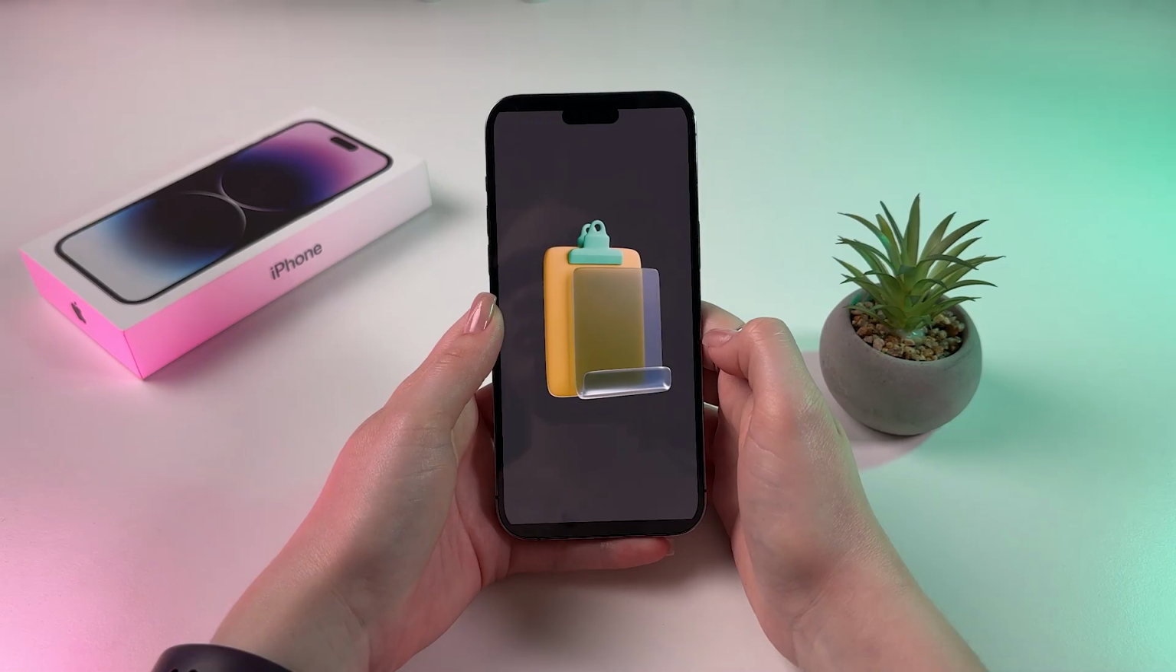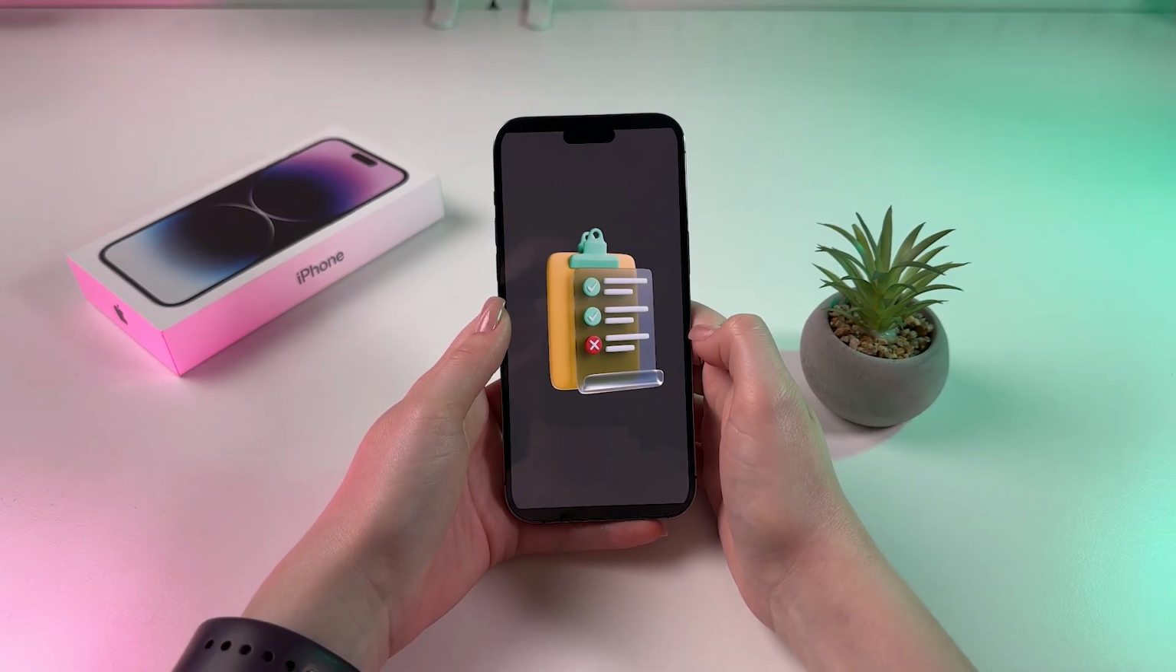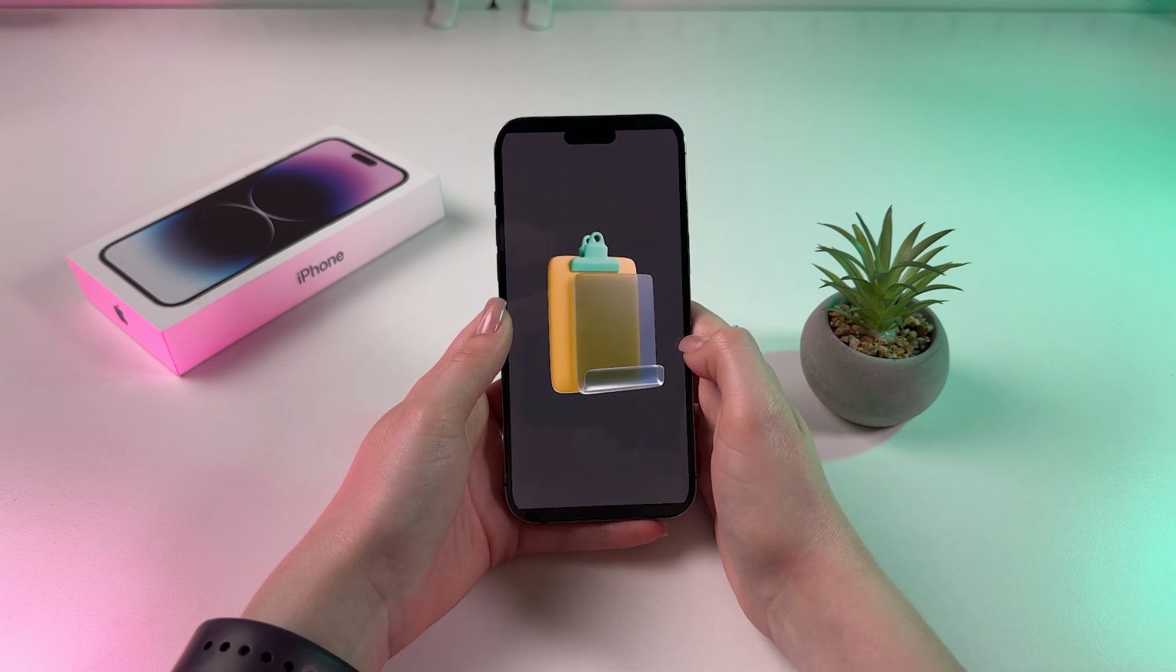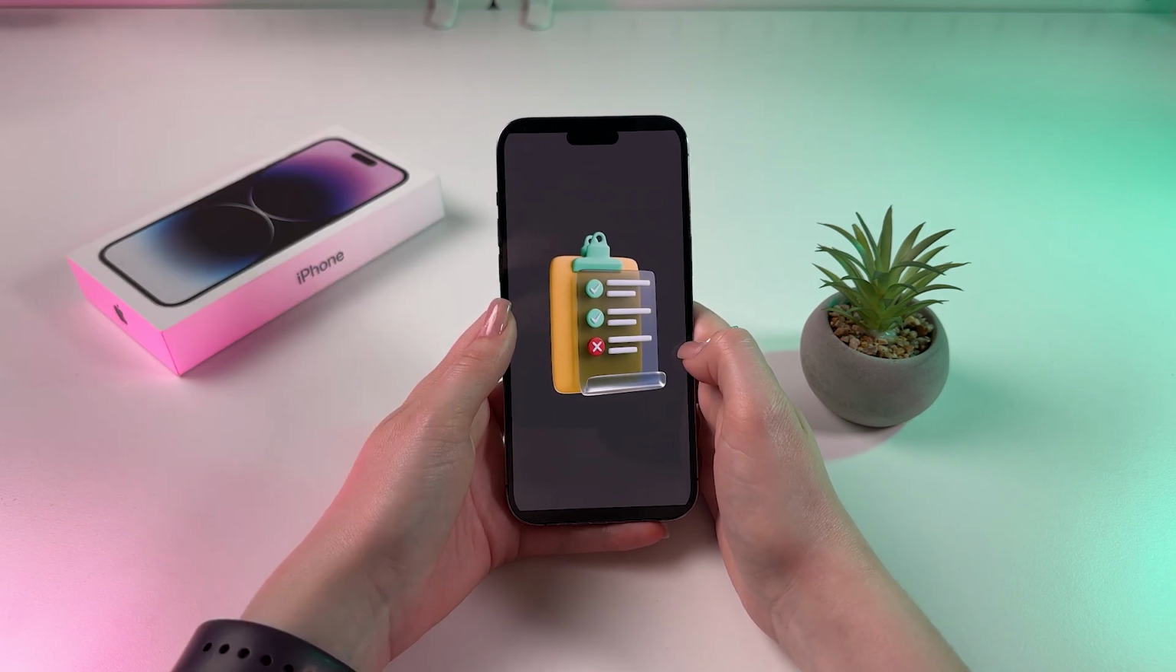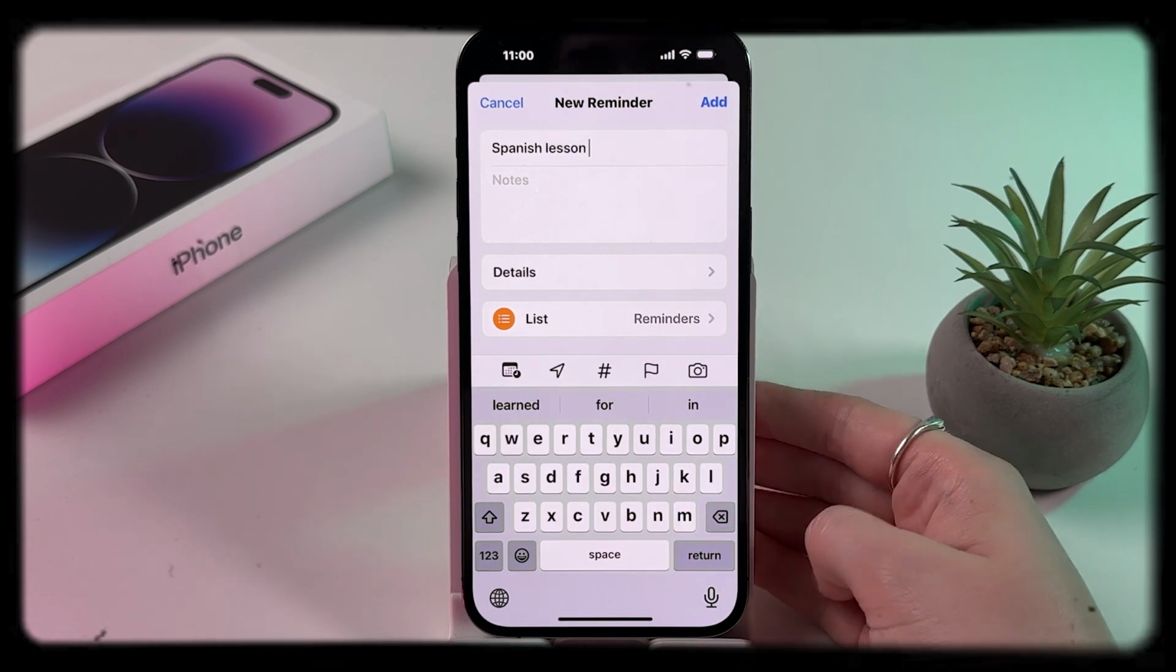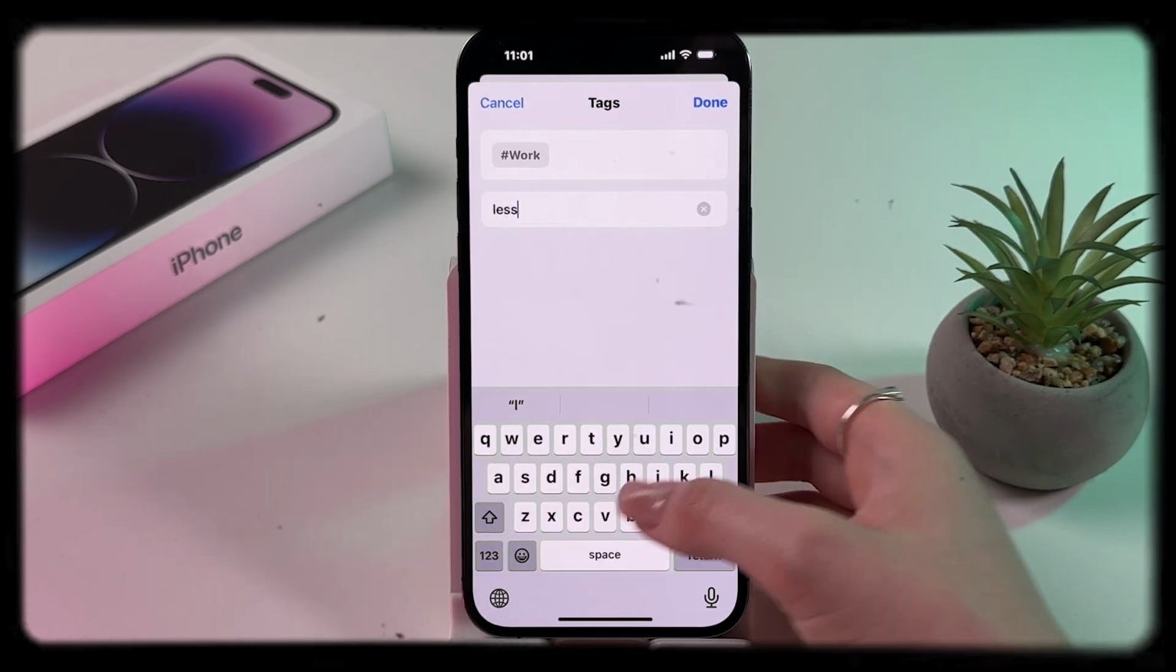Your iPhone can remind you of important things to do so you never forget what you have planned. This is all possible thanks to the built-in Reminders app. Watch this video to the end and I will share a little life hack on how to make these reminders